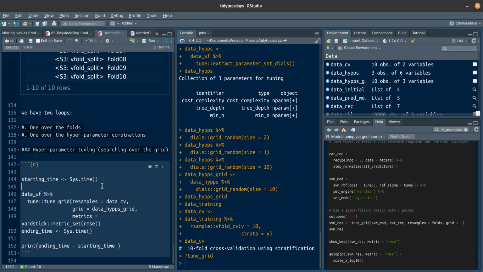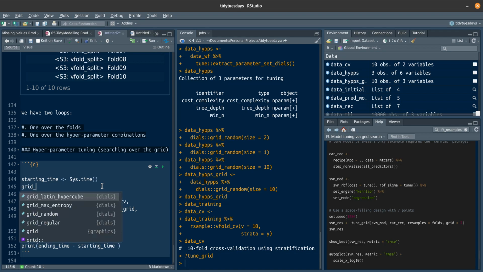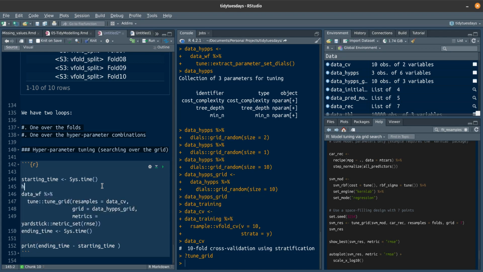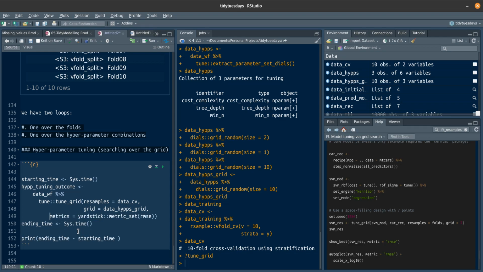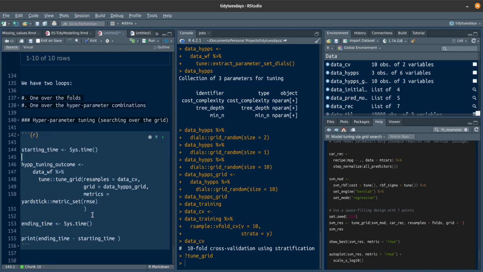The outcome would be a table. So we call it grid, we call it hyperparameter tuning outcome. Okay, and use all. Okay, this is it,